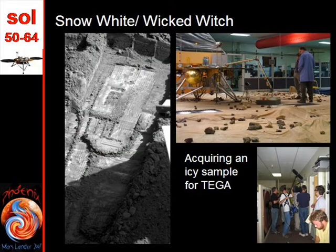And the bottom picture here shows we had media coverage. A documentary team would come in each day that we thought we were going to actually succeed in delivering this icy sample, and would be there to register the joy on our faces and our disappointment as well. But we persisted, and eventually on Sol 64, we delivered a sample called Wicked Witch into the Thermal Evolved Gas